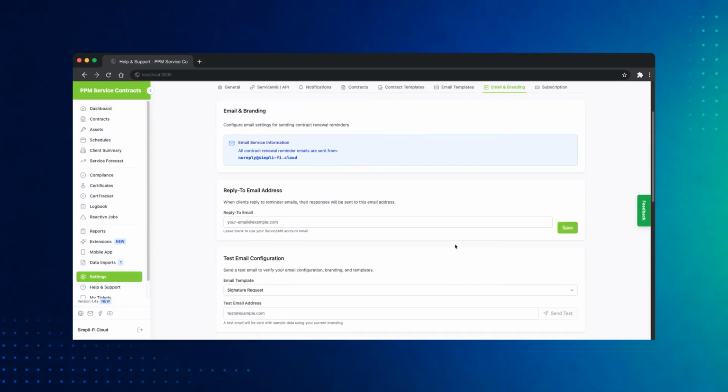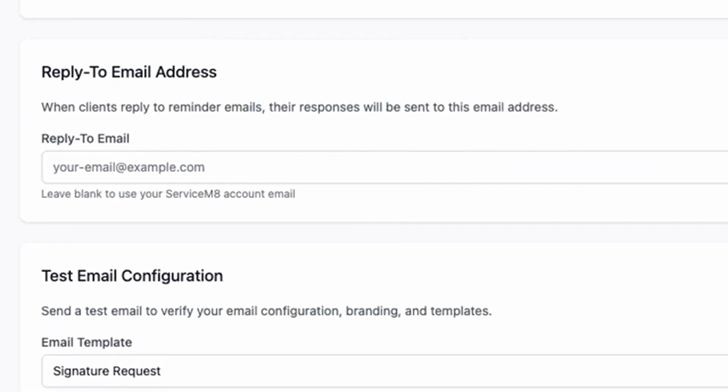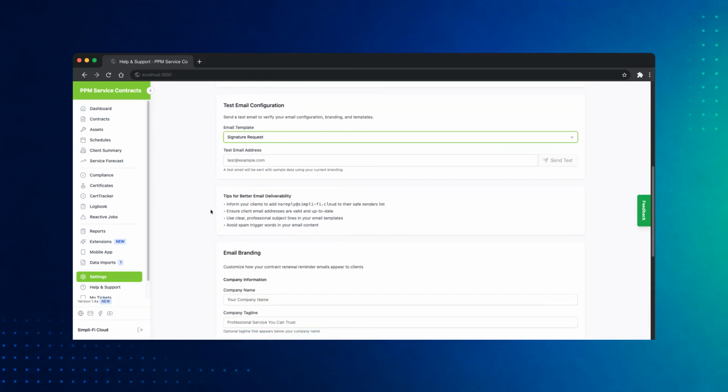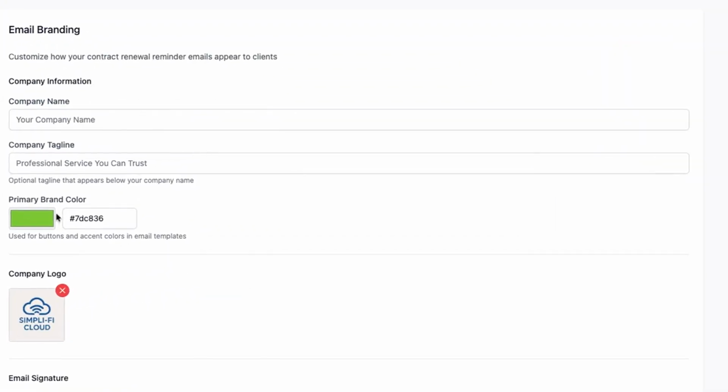The Email and Branding section is where you can configure your email reply address and branding within PPM. Your reply to address is important because emails sent from PPM are delivered through the Simpli-Fi cloud service. By adding your reply to email address here, customer replies will come back to the correct inbox for your business. This email address will be used when customers reply to any email sent from PPM. You can also test your email templates from this page to check how they will look before sending them to